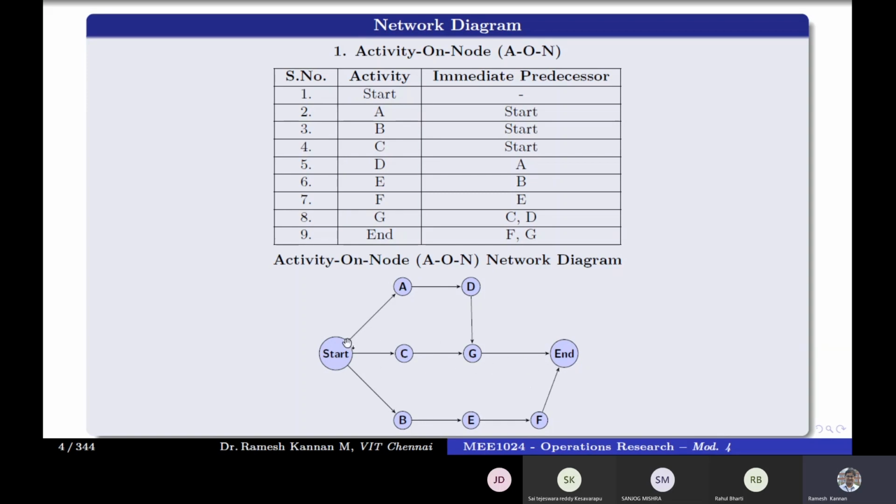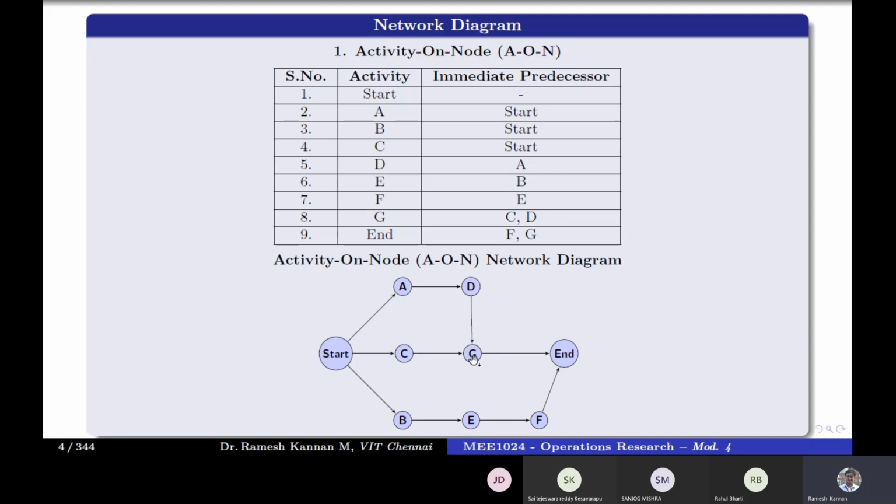Which means that start is the initial activity. Without start, you cannot perform A, B or C. A, B, C can start simultaneously, so they don't have any constraints. Whereas activity D depends on A, and A depends on start. It's as simple as that.